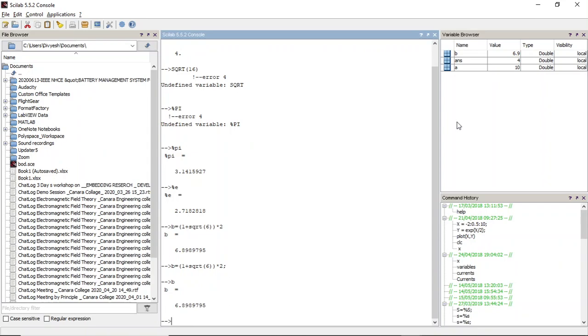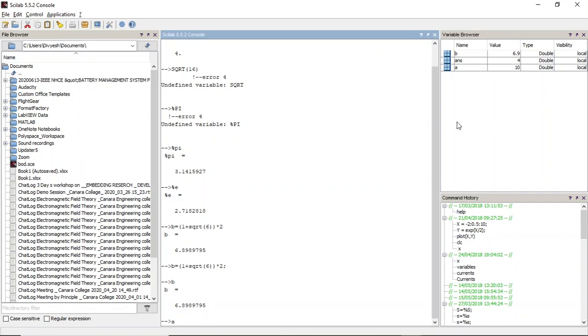I'll get the answer. So if you are using your console to do step-by-step mathematical computation and you don't want to display the answer after each step, you can use a semicolon.